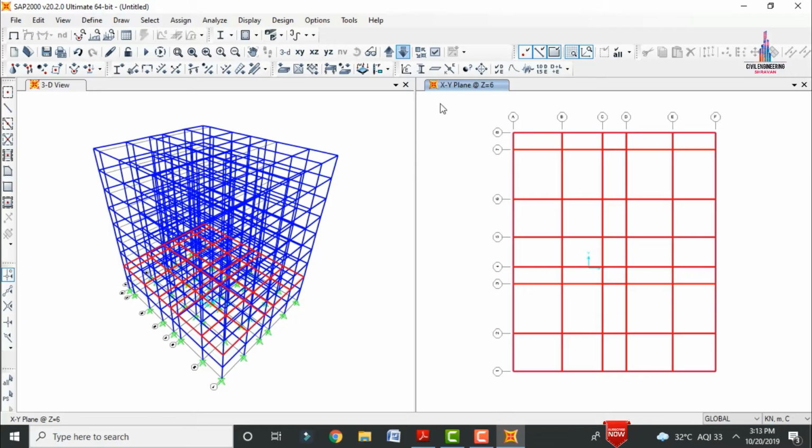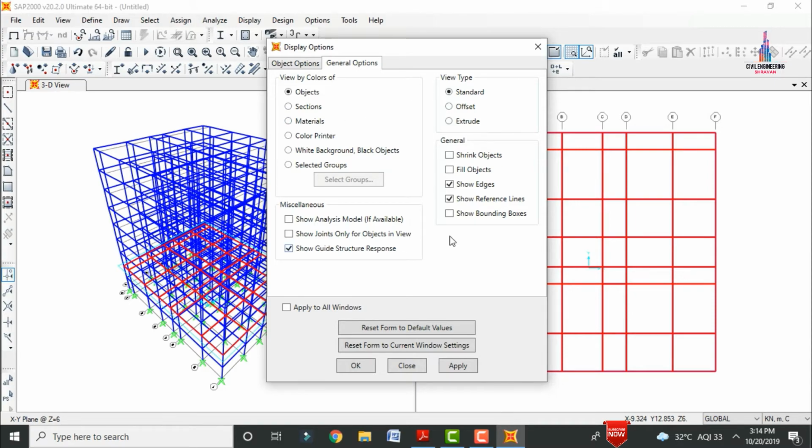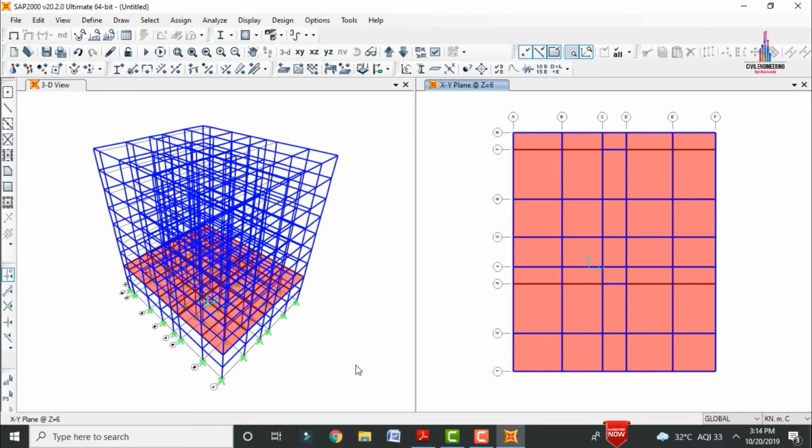After assigning the slab section, it will not be visible in your view. For that, we have to select the right mark option at building view. Select the object fill option here from the general options. Select fill objects here. Click on apply to all windows, click on apply, click on OK. Now we have to delete all unwanted slabs for this building section. I am selecting this slab section, this one, this one, and this portion, again this portion, again this portion. Click on the delete option. It will delete all of them.